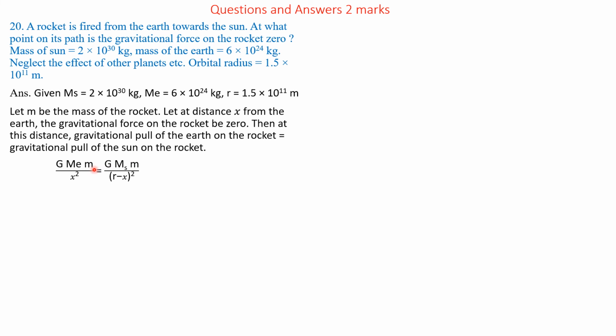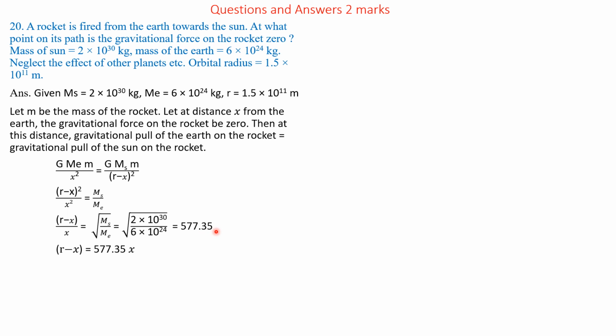Hence equating, we write G into Me into small m divided by x square. Here Me is the mass of Earth, that is equal to G into Ms into m divided by (r minus x) square. So here Ms is the mass of Sun. So simplifying, we get (r minus x) divided by x is equal to square root of Ms by Me, that is equal to 5.77 into 10 to the